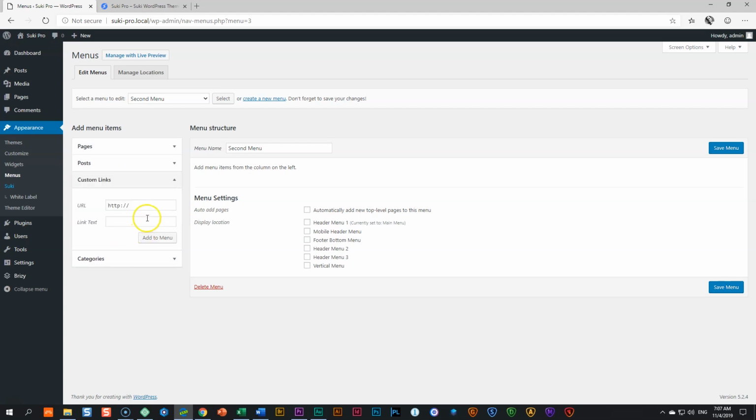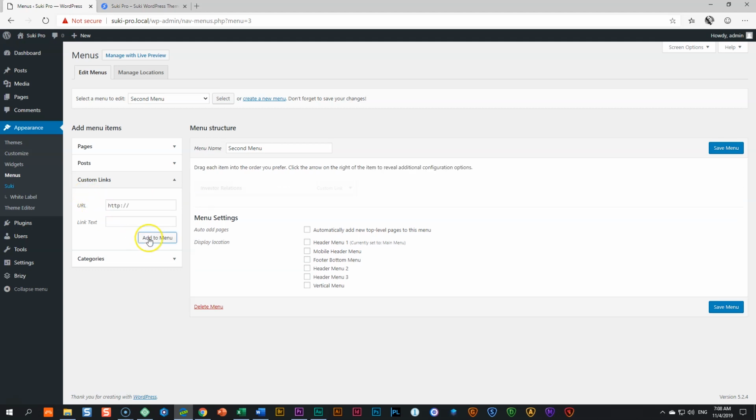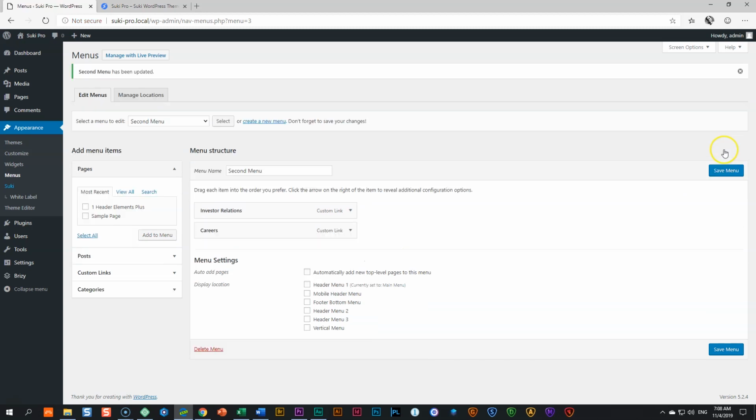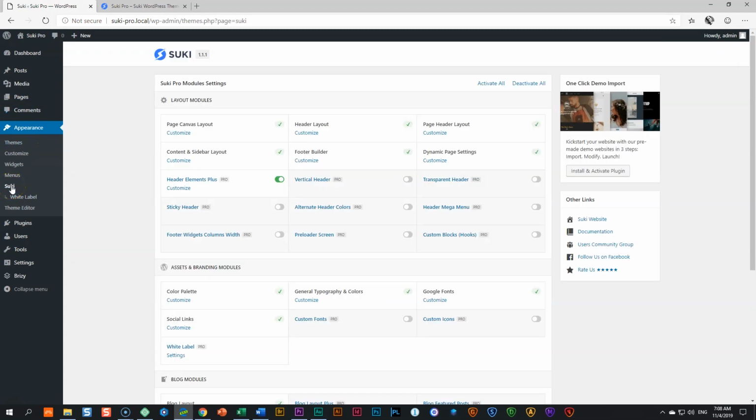I'm just going to create custom links for that here, so we have something to work with. We call this one Investor Relations, and let's add one or two more. We can say this one is Careers, very common also for corporate sites or business sites to have this. And let's say we're only going to be working with those two. Let's save our menu